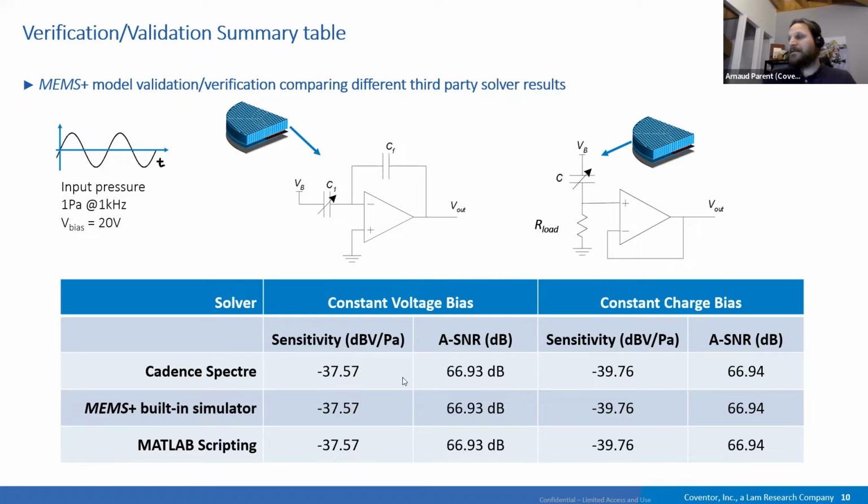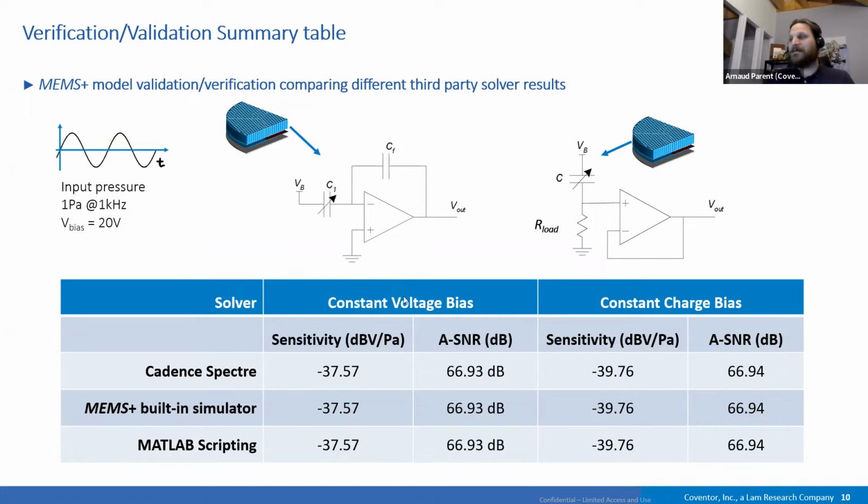And indeed, if you have the constant voltage bias, you see consistency. All the results are the same. And for constant charge, all the results are the same. One comment is you can see sensitivity is higher with a constant voltage bias, because in constant voltage bias you have another well-known phenomenon called electrostatic softening. So the voltage is causing electrostatic softening, and here it's a negative value. So this one is bigger. Sensitivity is bigger for the microphone in constant voltage bias.